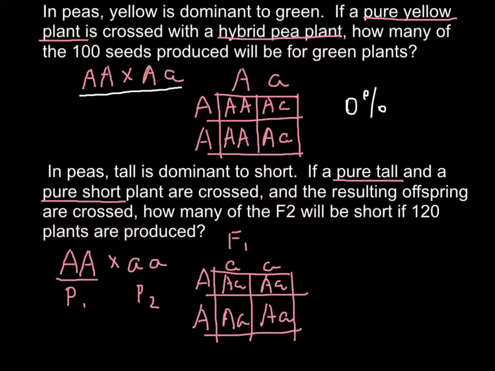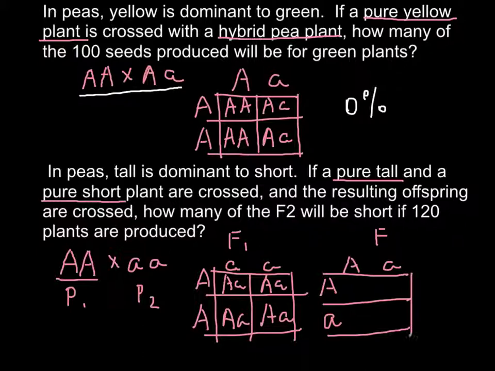We are also told that we have to cross this progeny of the F1 generation. So we have to cross this F1 generation, self-pollinated or self-crossed, in order to get the F2 generation and find how many short plants would be produced. So this time we have heterozygous on one side and heterozygous on the other side. As you see, the genotypes here would be different from the F1 generation,